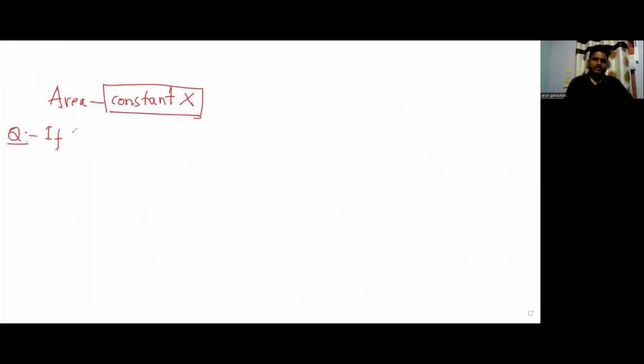Very similar to this. Now, let us say the area was not supposed to be kept constant. In all the problems, we were keeping the area constant, but in the next concept, the area is not kept constant. Let us see what it says. Take down the question. The question goes like, if